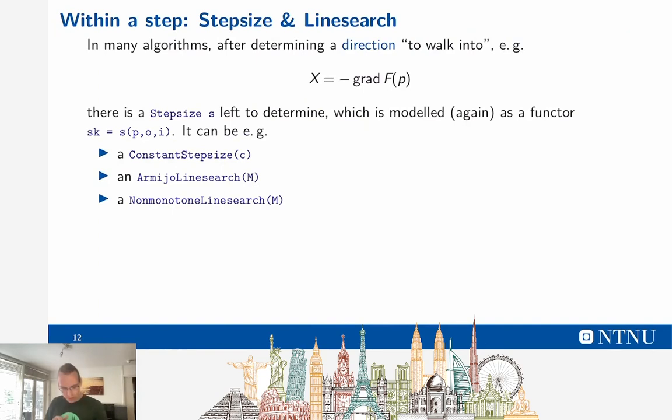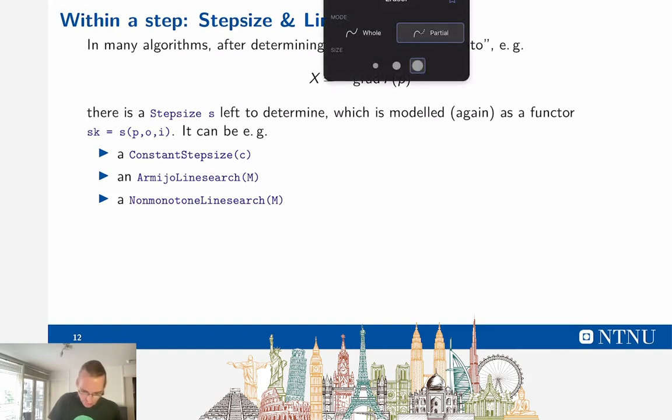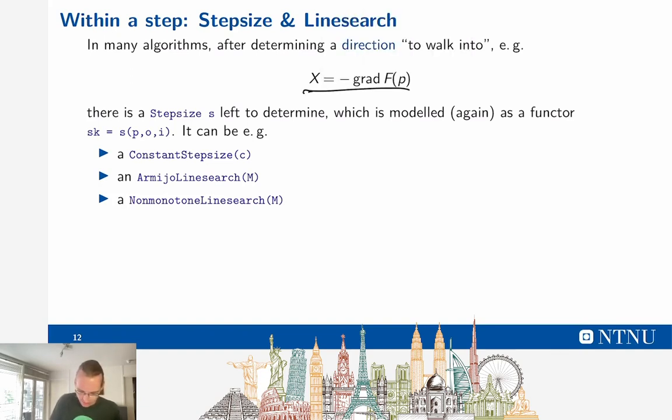The next thing that's usually included in the options, at least for gradient-based iterations, is step size and line search. Usually when we have the negative gradient direction to walk into, we still want a step size, how far we want to walk. This might be a constant step size c, or for example the Armijo line search, which doesn't search along a straight line but, for example, along geodesics on manifolds,